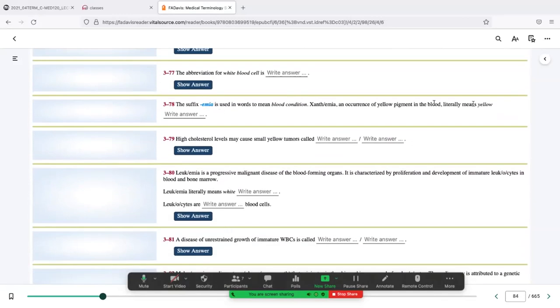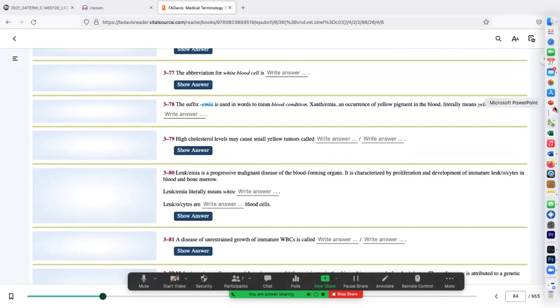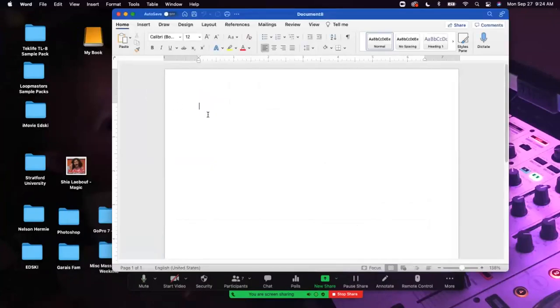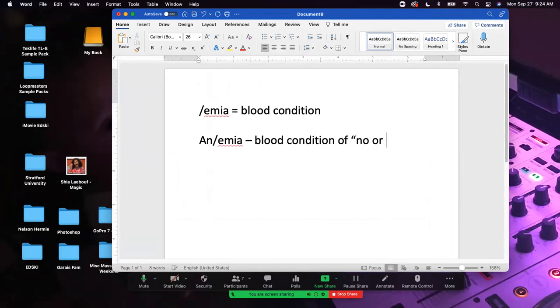EMIA. So that's what EMIA is. Let's look at EMIA. So that's a common thing that comes out. So the suffix EMIA means blood condition. So if my patient has anemia, they have a blood condition of no or not. That means there is a significant deficiency versus something like